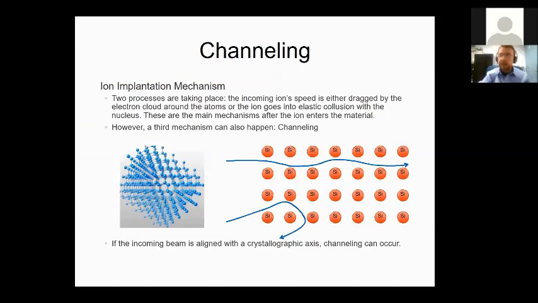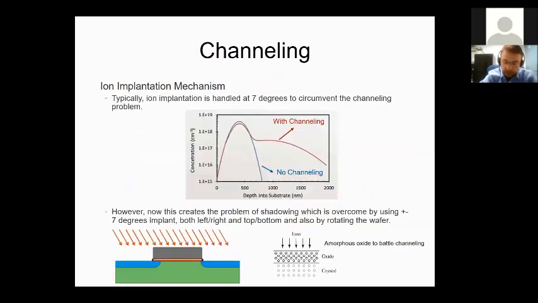But that is still not good enough, because you can end up with these kinds of scenarios when you shoot your ion into your crystal, and it might just occur that, if you look at the crystal from a certain angle, you might just see through the whole crystal. You don't see any silicon atoms across. So this ion can just penetrate through, whereas this ion, with a slightly different incident angle, let's say theta, will bounce back. Okay, so this also gives us an idea how to circumvent this problem,